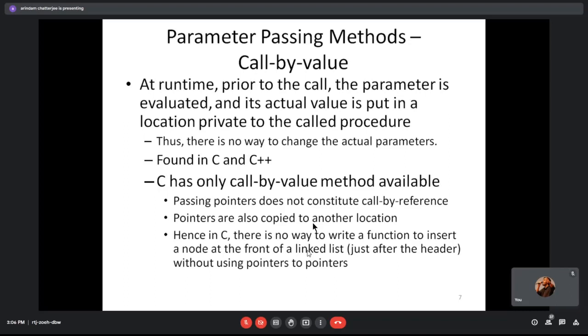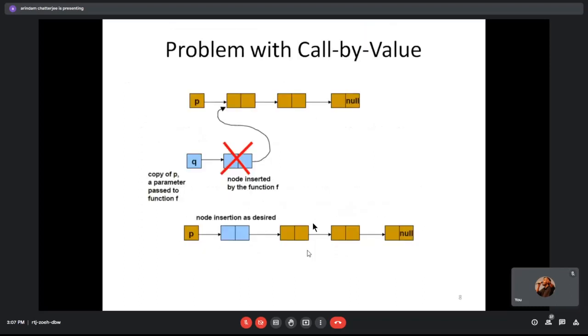Okay, so C actually uses call by value, I think you all know. So any change you make in a variable, the change is not reflected in the calling function. So it has caused a lot of grief for you, I am sure. Like you have tested with your first swap function where that has happened, and then you change it to pointers. But C does not allow call by reference.